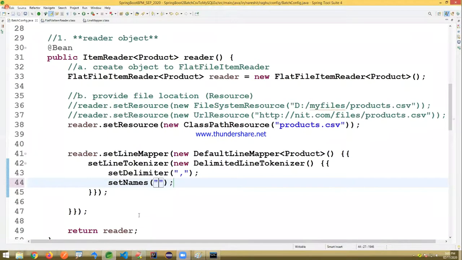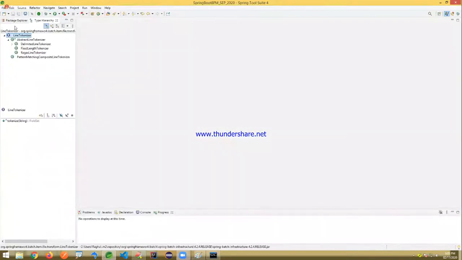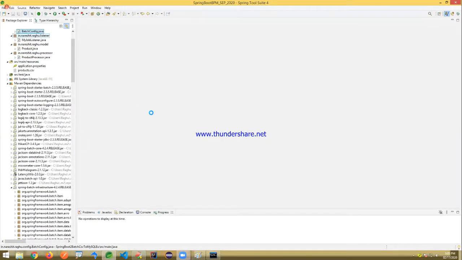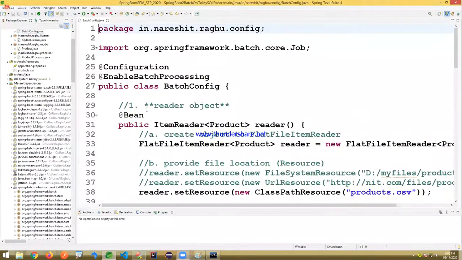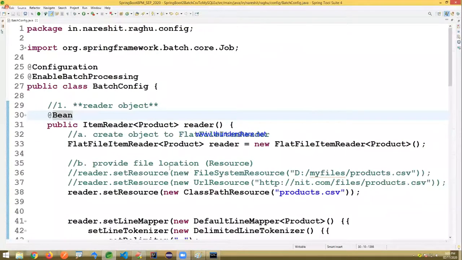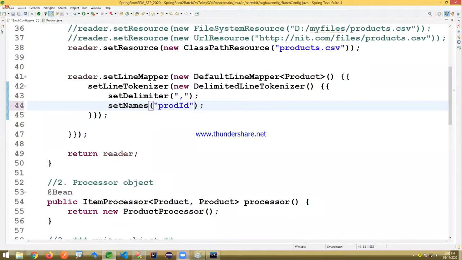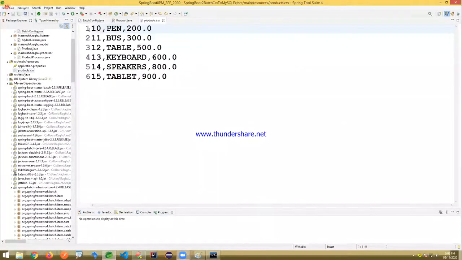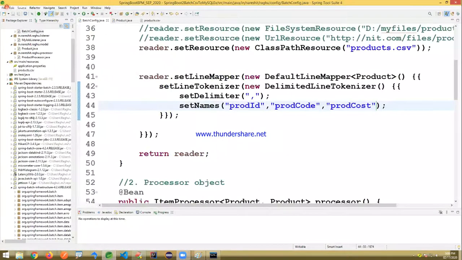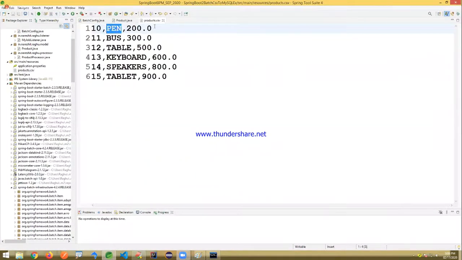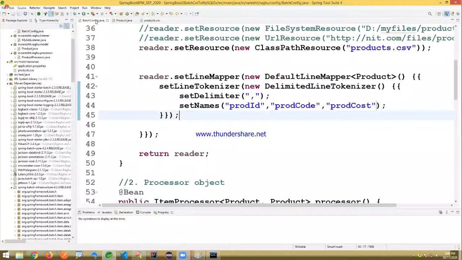We have to write them based on the model class variables: product ID, comma, product code, comma, product cost. Three values are there. If you look at the CSV file, 10 is the product ID, it's actually pen, it's the product code, 200 is the product cost. Like that, this is repeated.